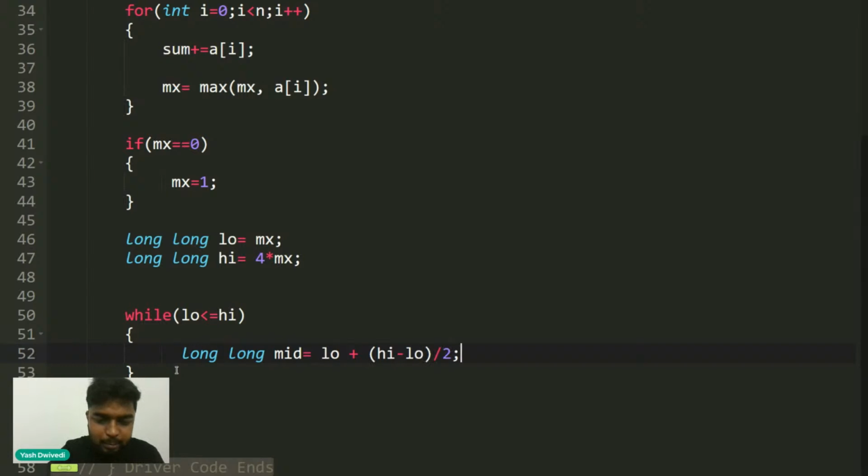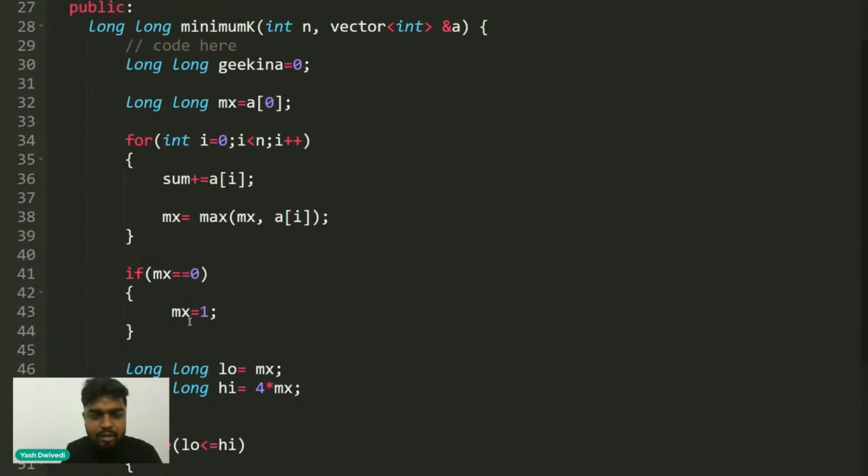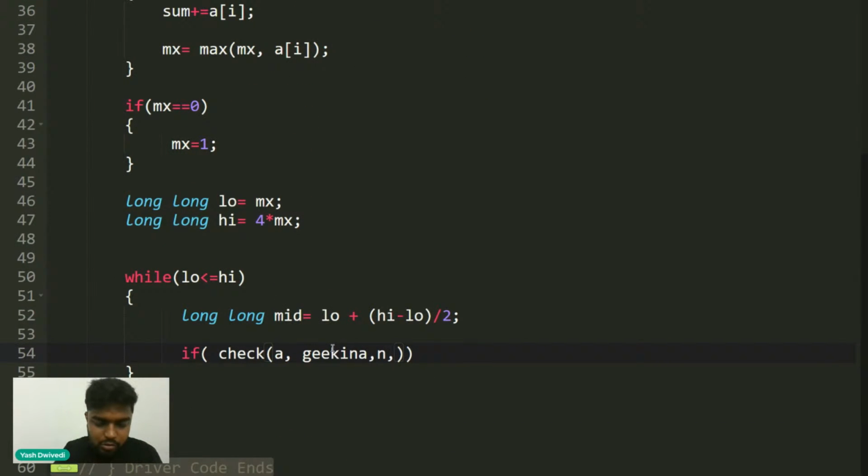So you can find out the midpoint like this, and then you will write a check function. In this check function you'll pass the array A, you'll pass the sum Geekina, you'll pass the length of the array, then you'll pass the Geekina sum, and then you'll pass your mid.